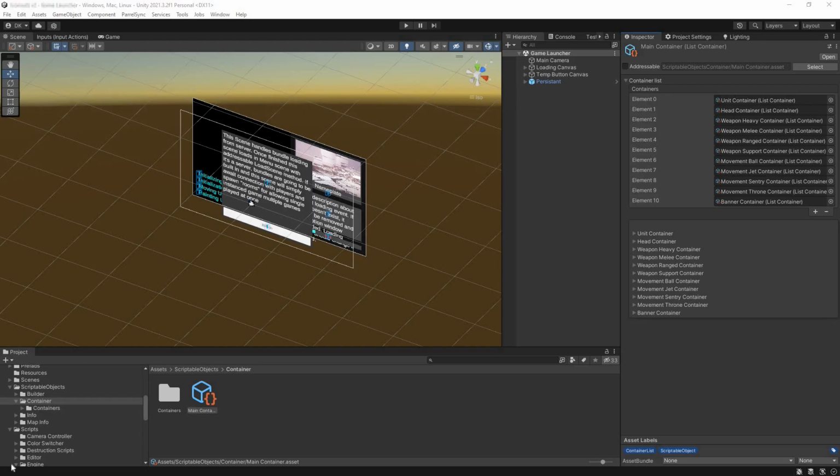Hello. Next thing that I'm gonna showcase is the container system. This system was created for use in multiplayer, as there needed to be a way to spawn objects and reduce the amount of bytes that the server needs to send to a client and the client needs to send to a server. As such, this system would, instead of, for example, sending strings, allow sending a byte of information just to get the object that you need,